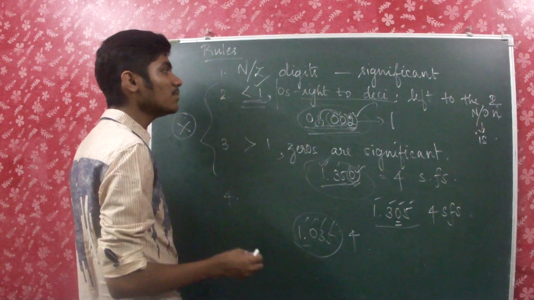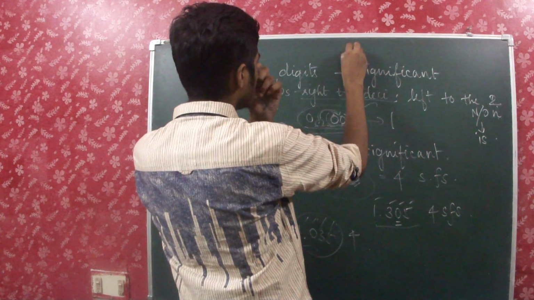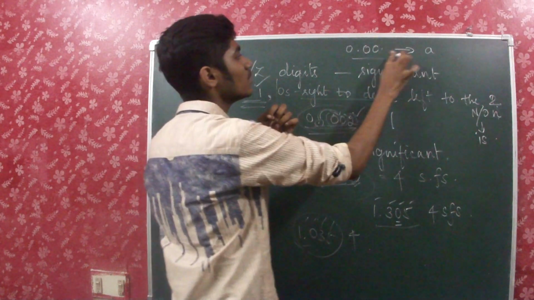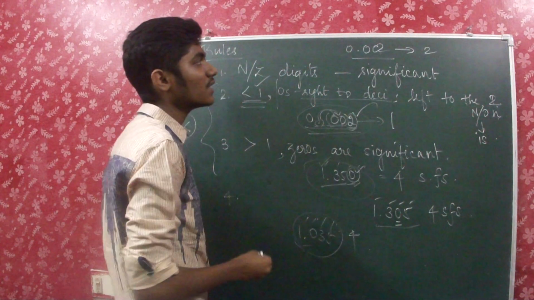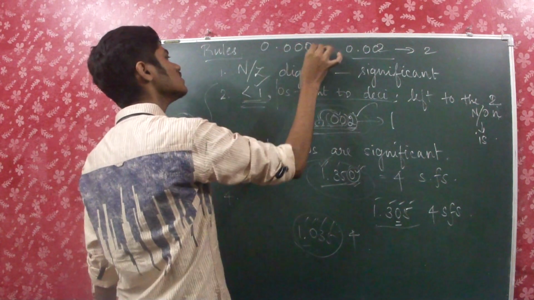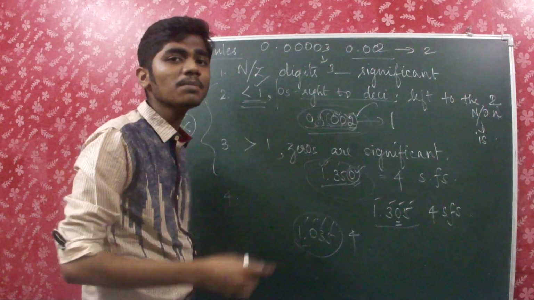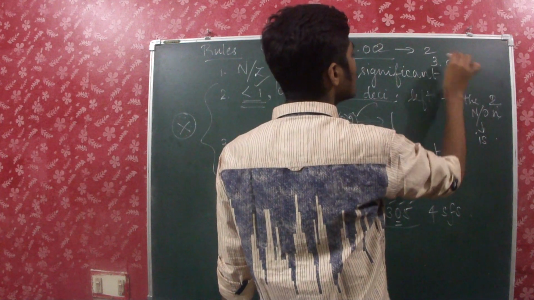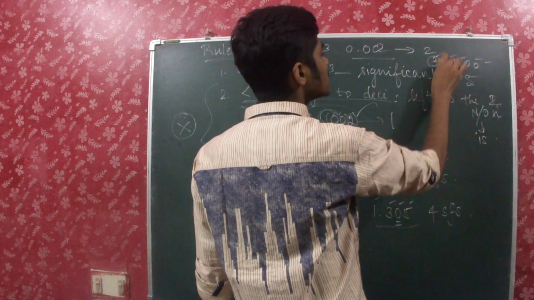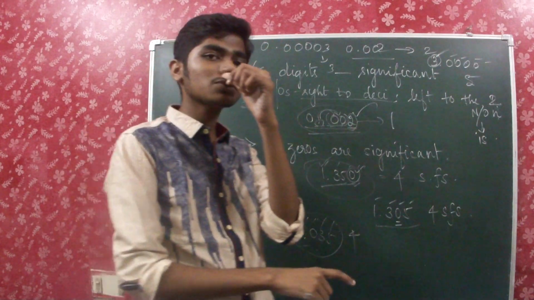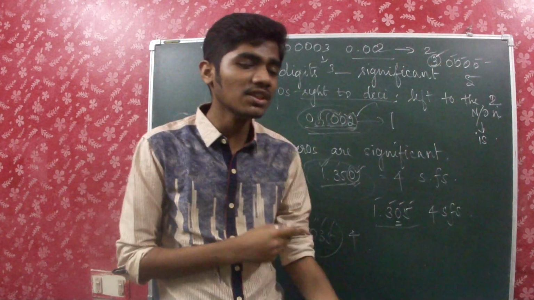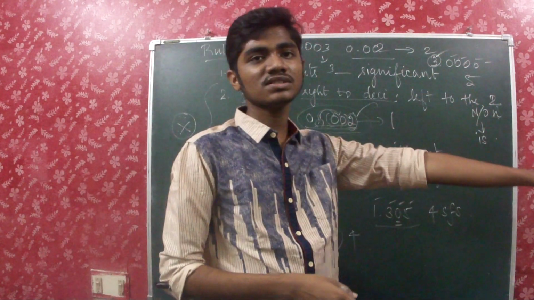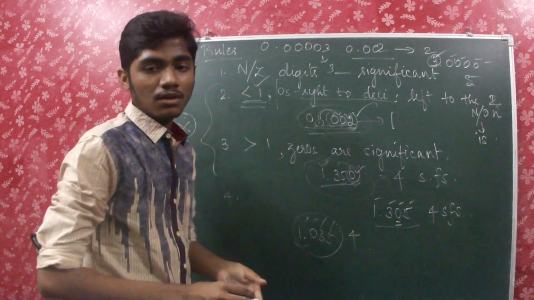But one thing which you must remember is, I told you that if there is a number like 0.002, then the number of significant figures is only one. The number 2 is the only significant figure here. And also 0.00003. Here only 3 is a significant figure because all the zeros are lying to the left of the number. Whereas if it is 3.0000, then you have to count everything, 5, because it starts with a non-zero number. If it starts with 0, then you should not take the zeros into account and you should start only with the first non-zero digit. But here the number itself begins with a non-zero digit, so you must count every single digit as a significant figure.